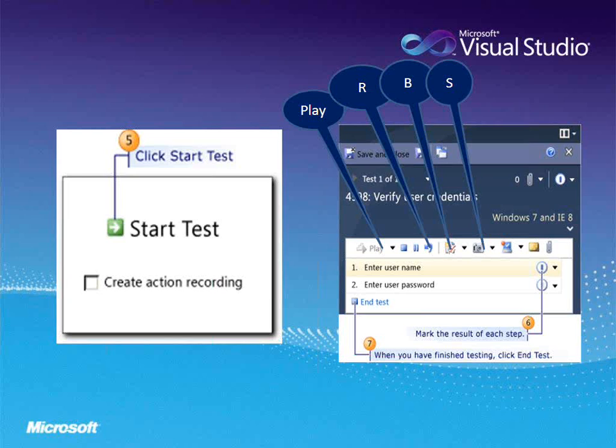Here we can see the options. The first option is play, and there is also a drop down with play all and play the current step. If you select play, it will execute the current step, and if you go with the play all option, it will execute all the steps. The second option is stop. The third option is pause. And the R indicates reset. Suppose I want to re-execute this test because I made some mistake, then I have to go with the R option.